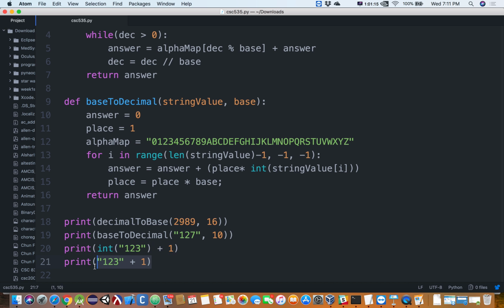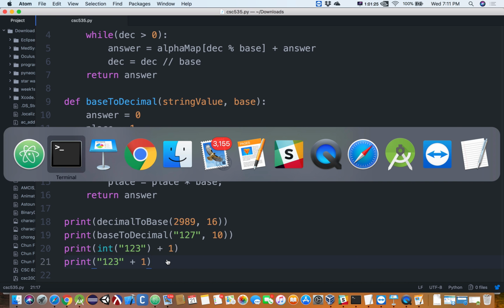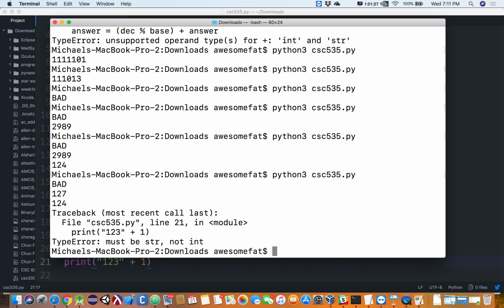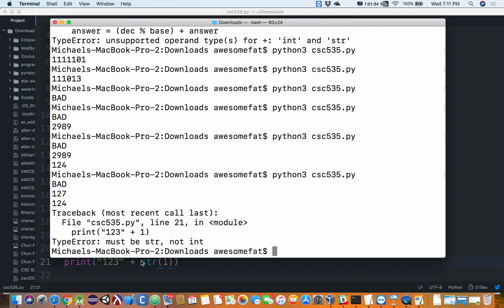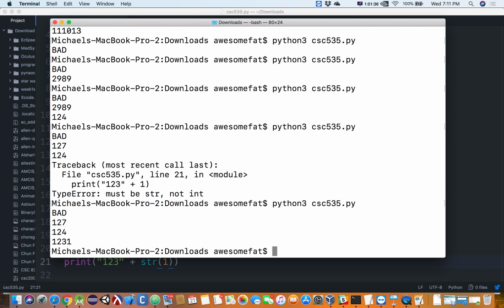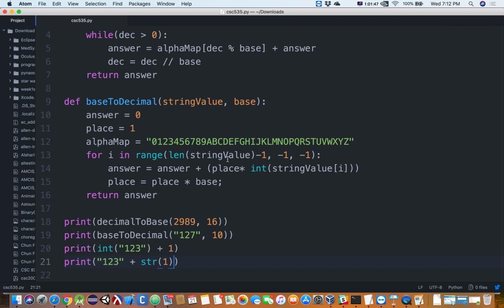Actually, this guy might be an error because I think that concatenation in Python, if I remember correctly, requires both sides to be a string. So there, your 1, 2, 3, 1. But there's our 127 from base 10 to base 10 using your int thing, which is fine,